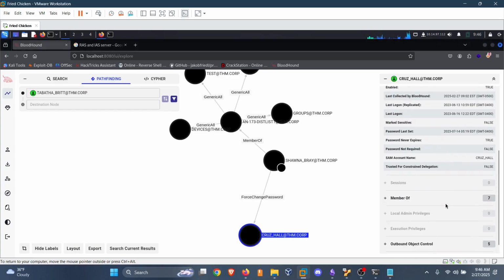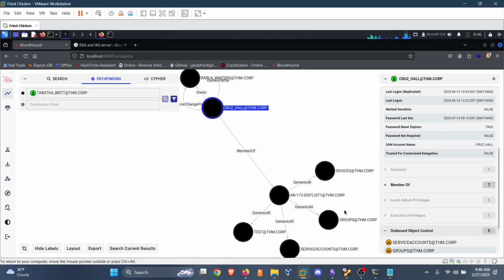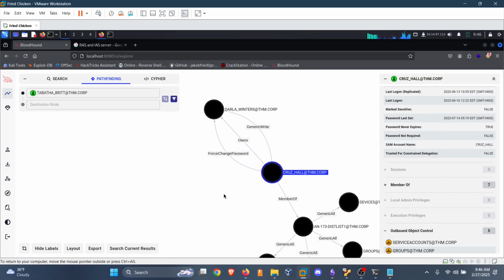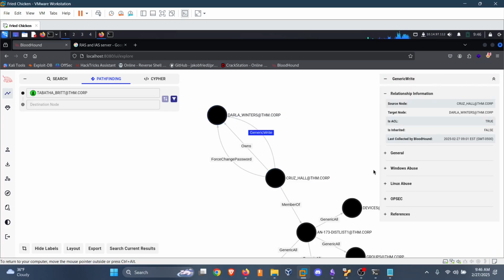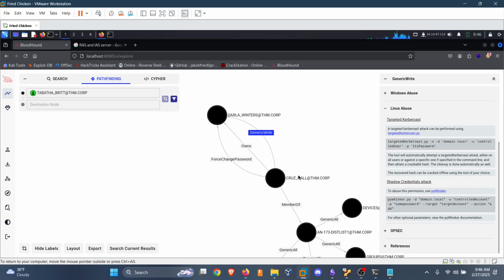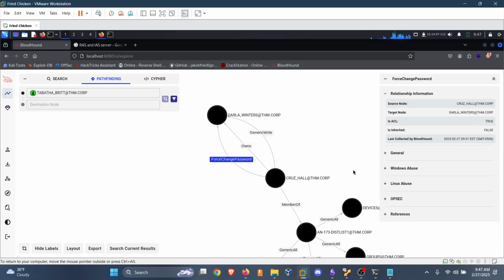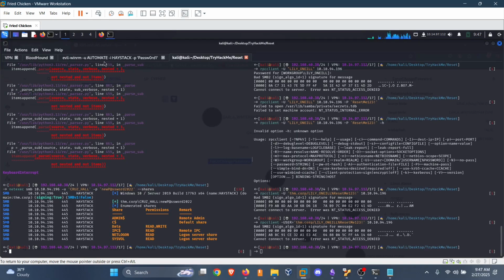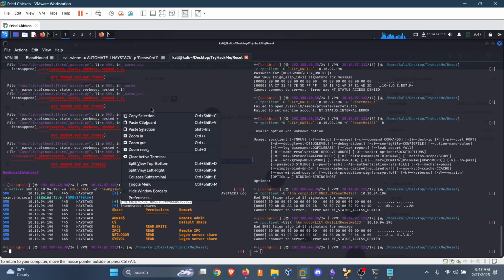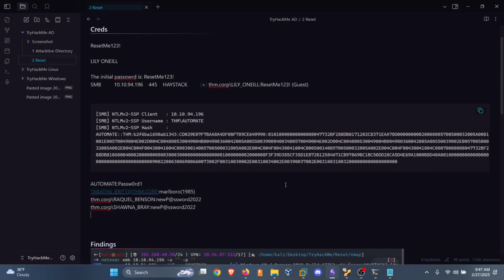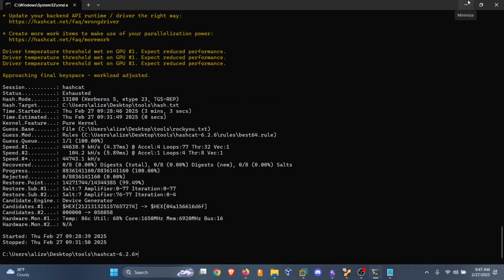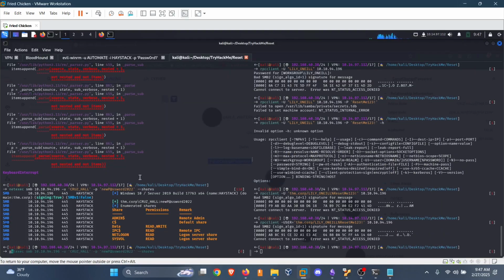Cruise Hall. Now we go outbound, and now we're over here. Generic right, force password reset. But yeah, it should work for me over here. Perfect. We'll add this to our notes. And now we're going to go with